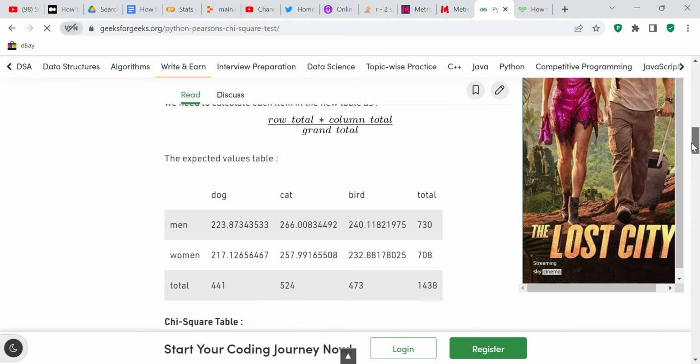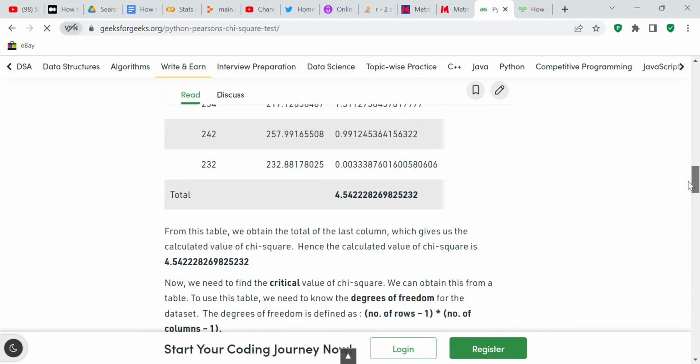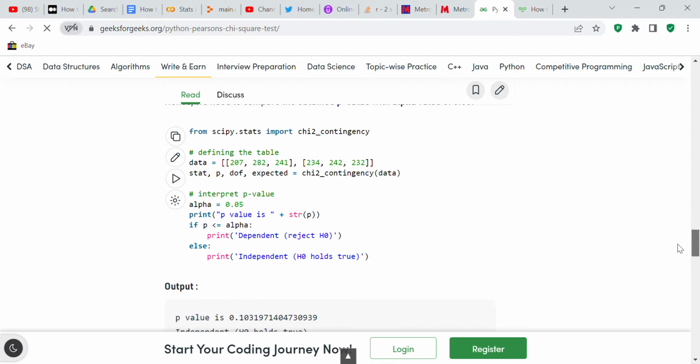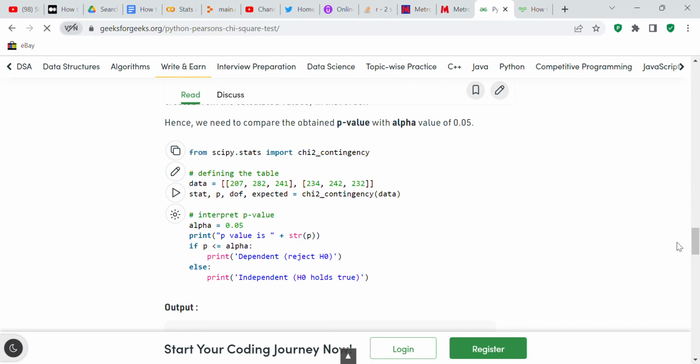So we'll go through the mathematics, and then what we do is we'll just look at the code. Hence, we need to compare the p-value with an alpha of 0.05. And so that's an example of the code that we're going to be using